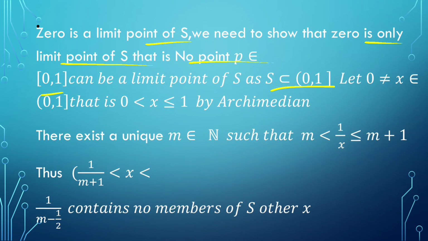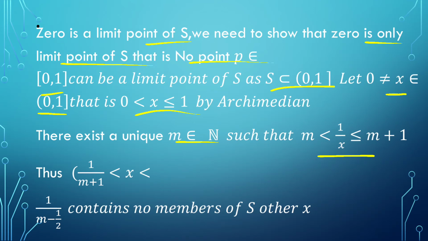So let 0 not be equal to X, and X is a member of this. This will be true because X is not 0, but it can be equal to 1 because this is closed up once and open down once. So by Archimedean, there exists a unique M in N such that this is true,